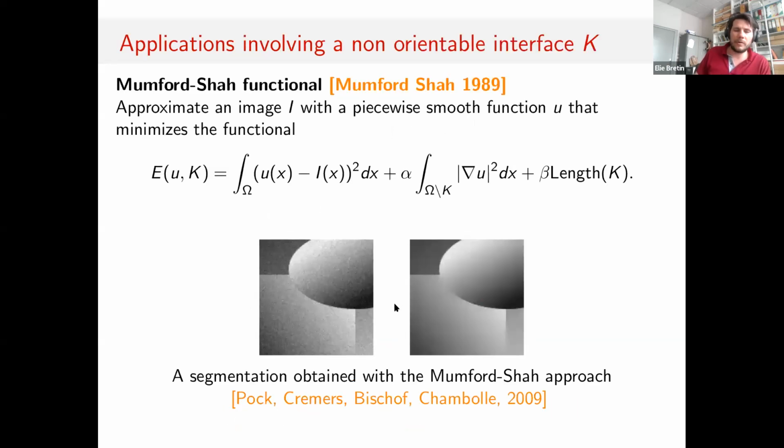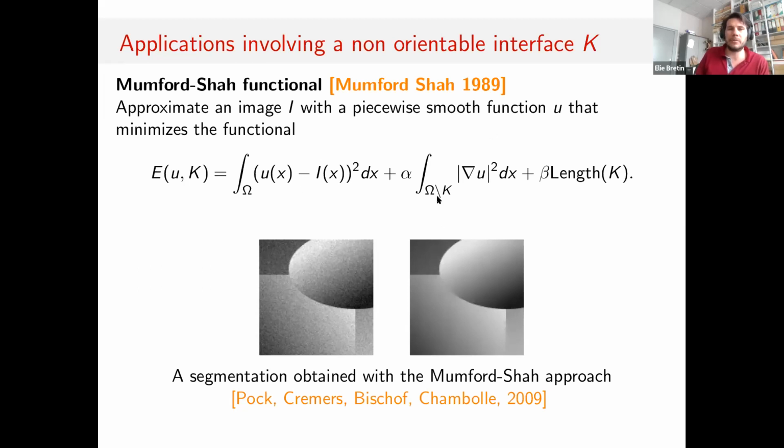Okay, so all the applications I mentioned consider some oriented interfaces, but in other applications we can have non-orientable interfaces. It is the case if you want to denoise an image I by minimizing the Mumford-Shah functional. The idea here is to introduce a denoised version of I by minimizing a discrepancy functional, but we want to smooth the solution U